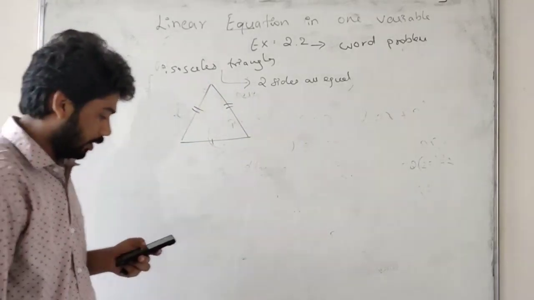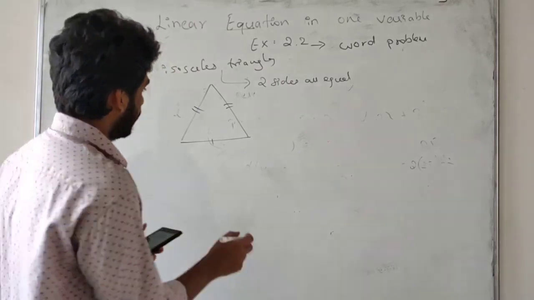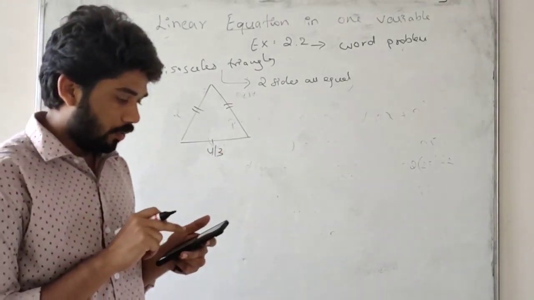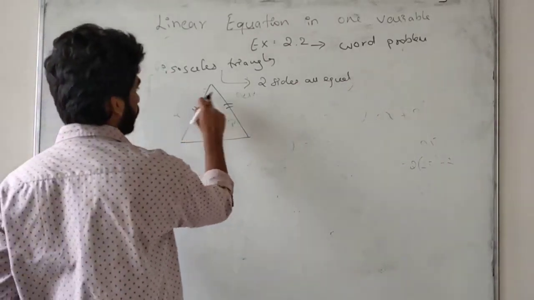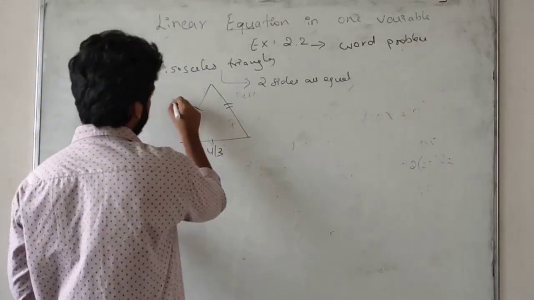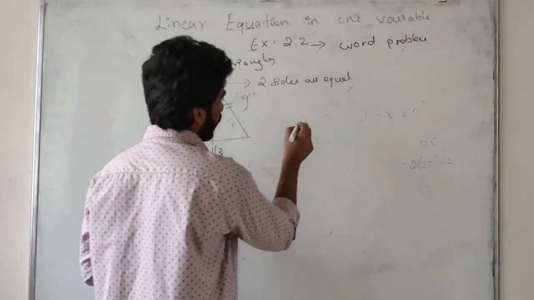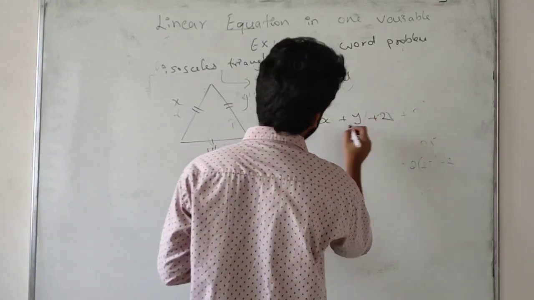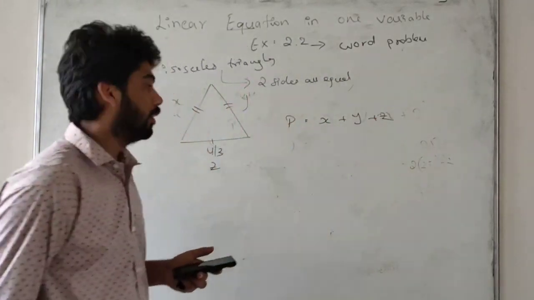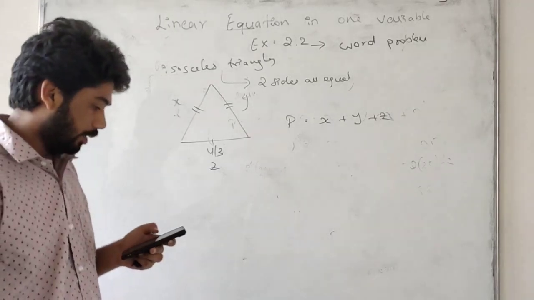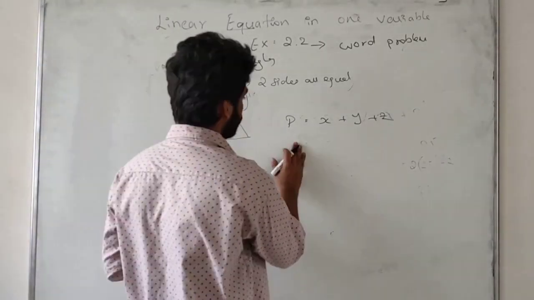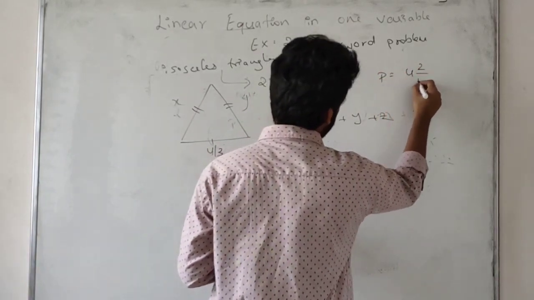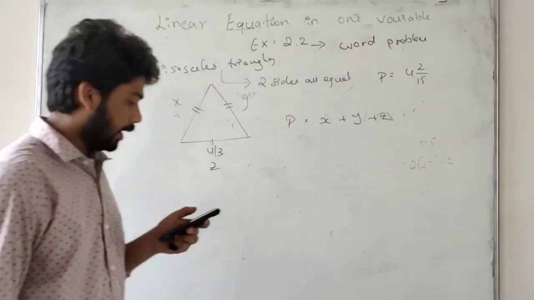Okay. Now in this one, the base of the isosceles triangle has been given as 4/3. Perimeter of a triangle: perimeter means we must take all the sides. This is called the perimeter. With sides x, y, z, the perimeter of a triangle is x plus y plus z. So here, the perimeter of the triangle is given as 2 and 4/15. Then find the length of either side.